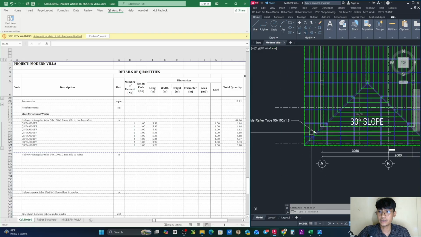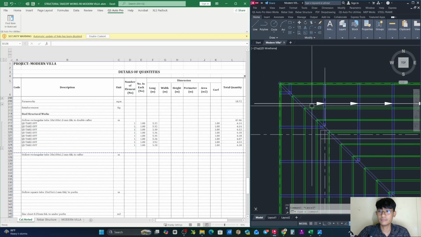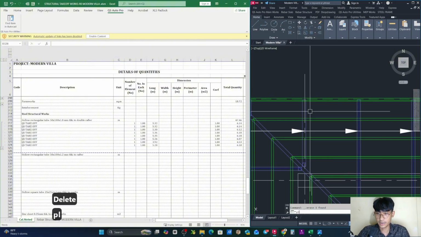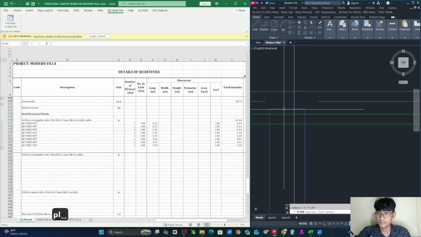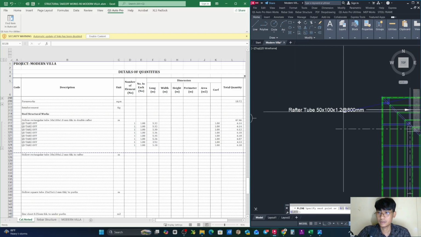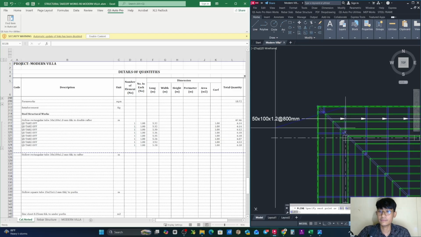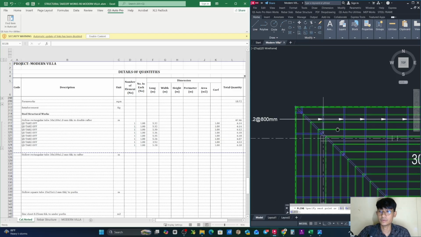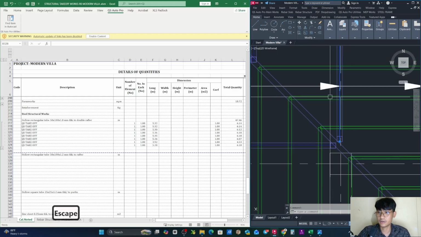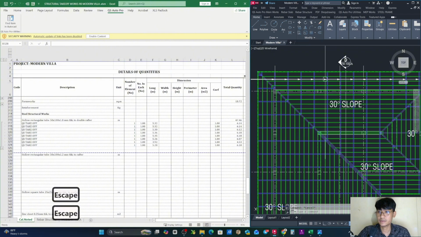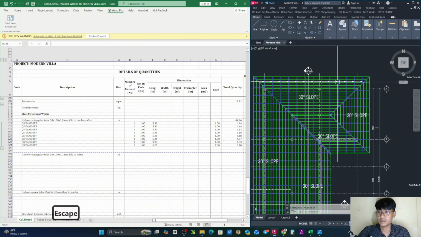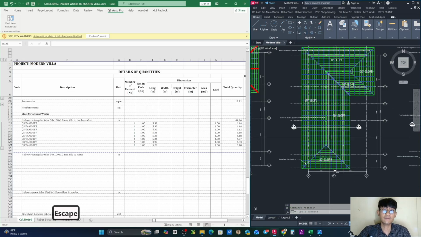You can see all you need to do is just draw line by line based on the detail that I have. Let me show you one. You just PL and enter. So this one is the rafter 50 by 100 by 1.2 as I point right here. So you just draw a single line based on the length of it. As you can see, now I have done all of it